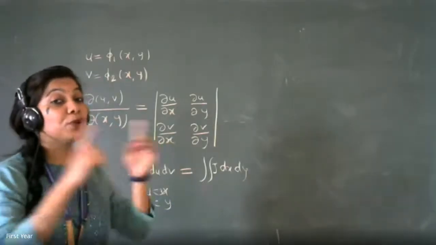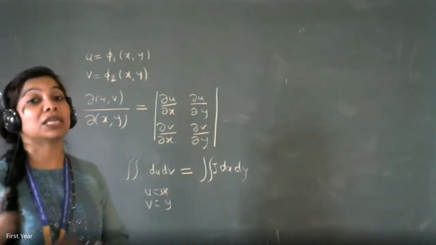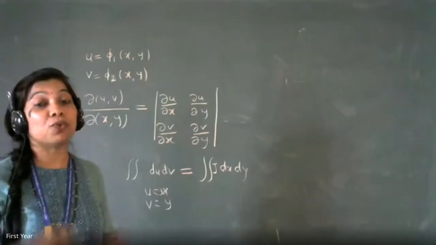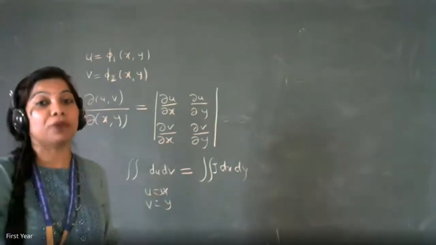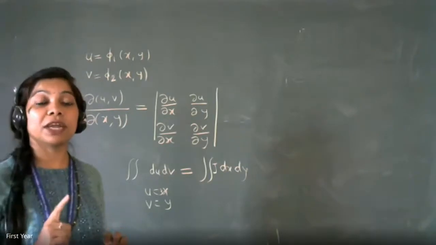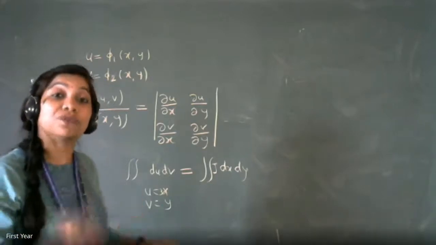Then I transform it to polar coordinates. u is equal to r cos theta, v is equal to r sin theta. So what is the value of u square plus v square? r square. Yes. So the denominator which was u square plus v square raised to 3 by 2 will become r square raised to 3 by 2, and it will be a single variable. So the integration becomes simple. So it is very important to transform the variables.